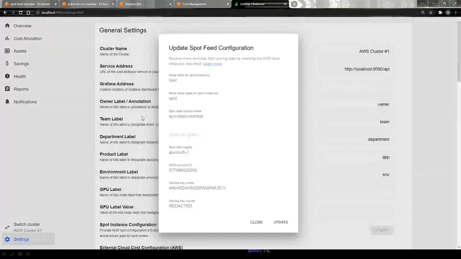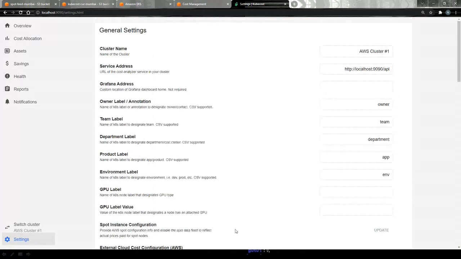So if you see the Spot instance configuration, this is where I can actually provide the details. Okay. Now, one of the other features is the Grafana dashboard. If you're using the open source version of KubeCost, you generally do not have the flexibility to use your custom Grafana or Prometheus server, because this will be automatically integrated and installed via Helm chart. But if you're using the paid version, then you can use your existing Grafana or Prometheus instances. You can actually provide the URLs here, and that will work accordingly.